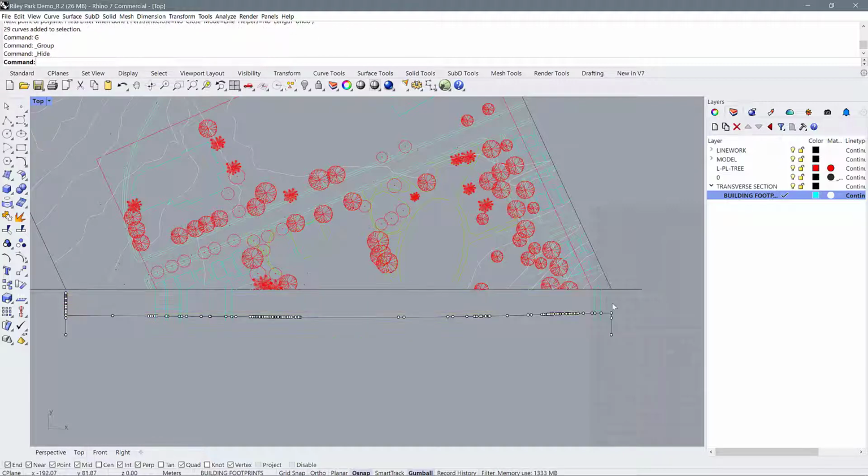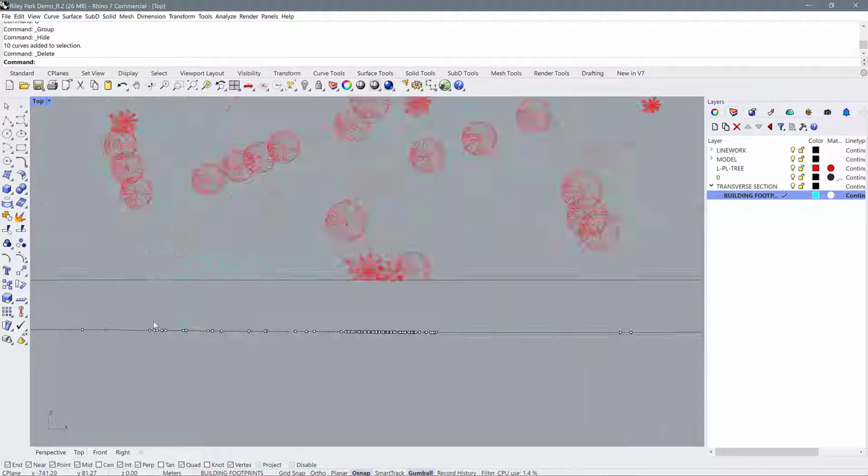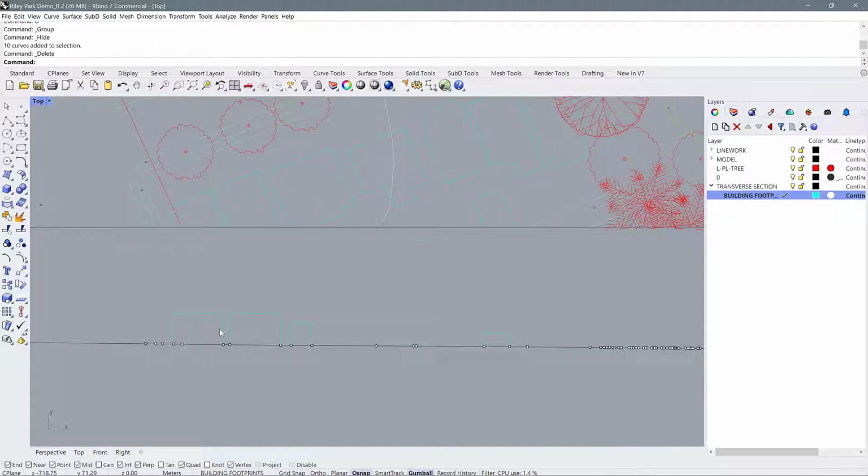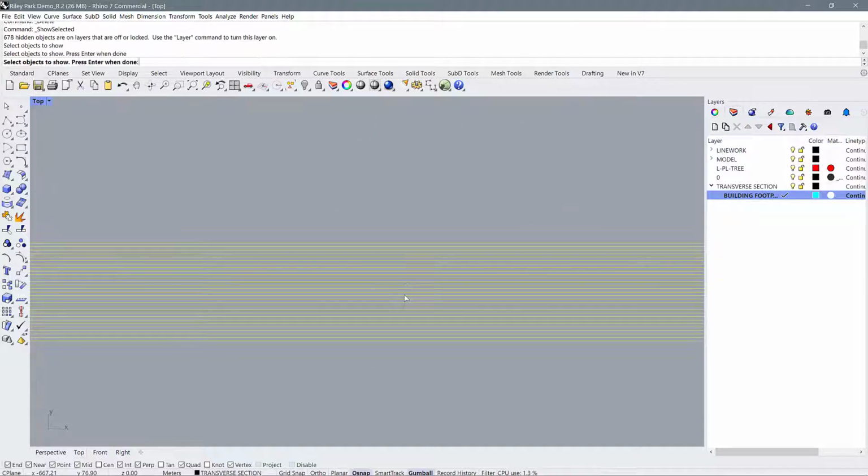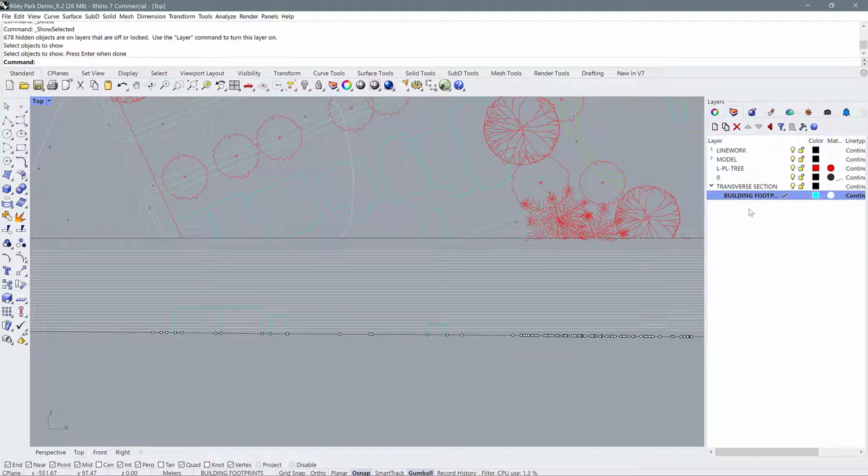So now you can see we have all of the cut lines through the buildings, but there's elevational information behind that would be important to see in this section. So the next thing I would do is turn back on those elevation marker lines and then use a lighter line weight, so a different color of line, to indicate the elevation behind